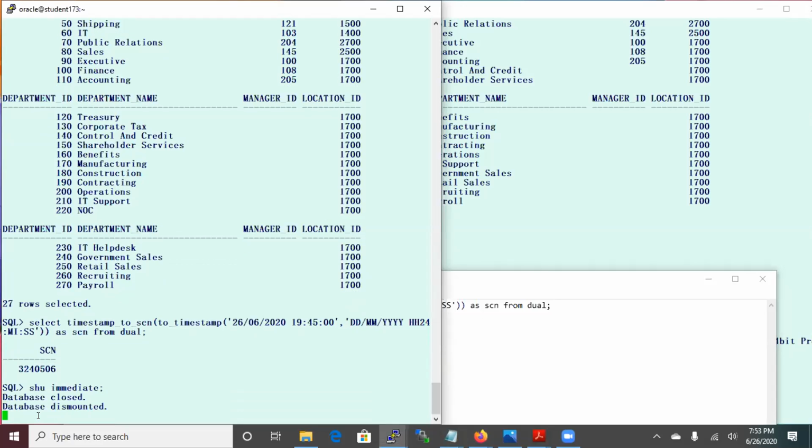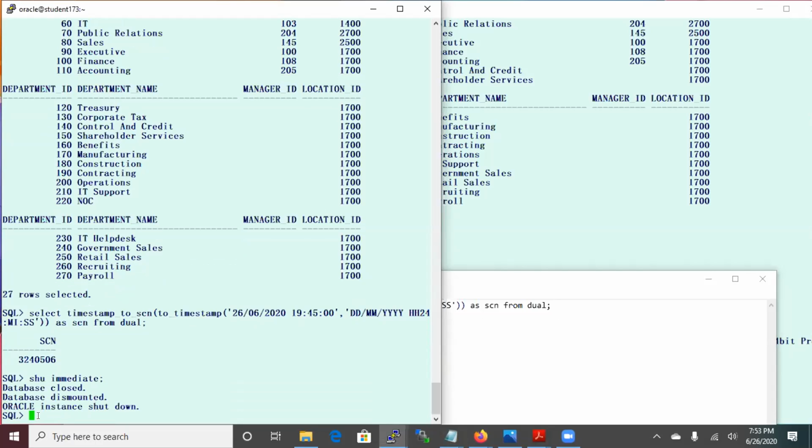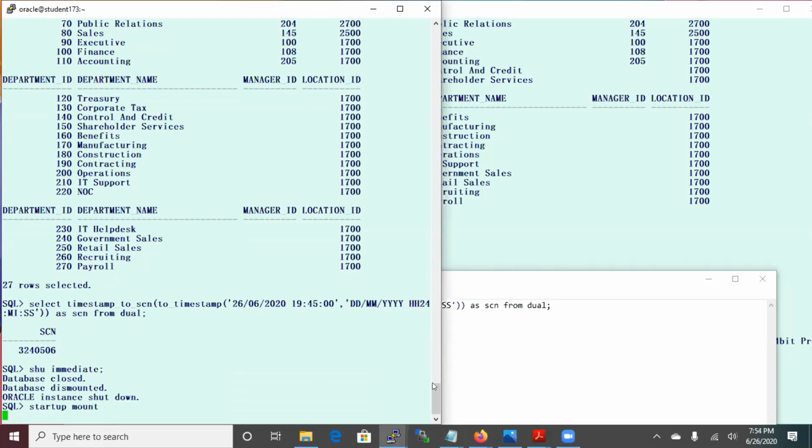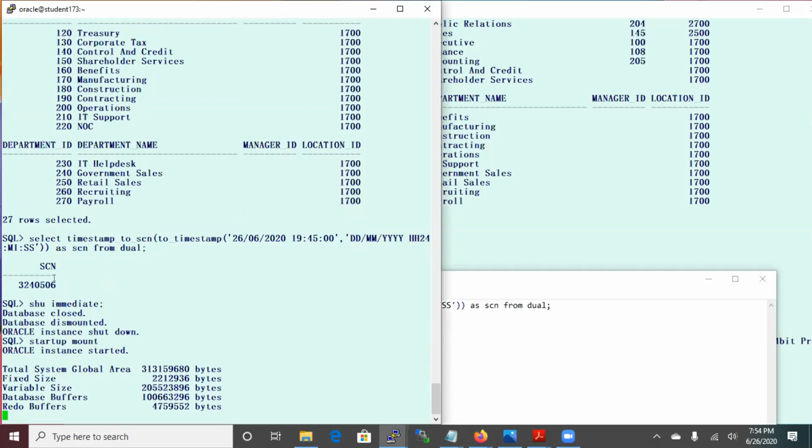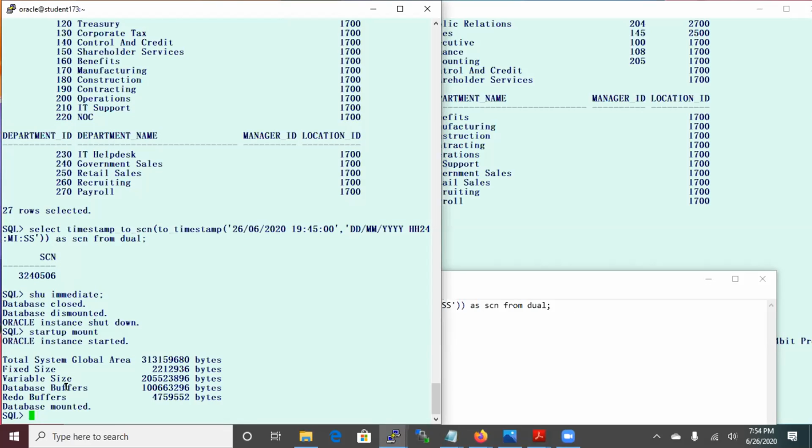Startup mount, not nomount. Actually, it's right here. Now we are going to flash back the database to SCN